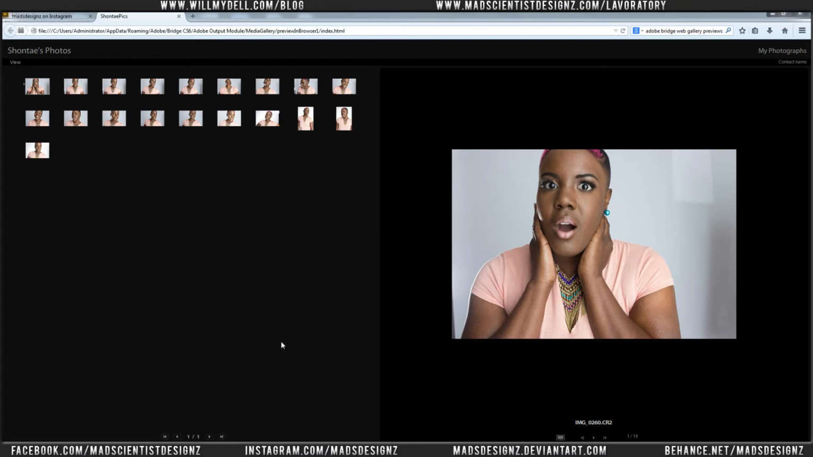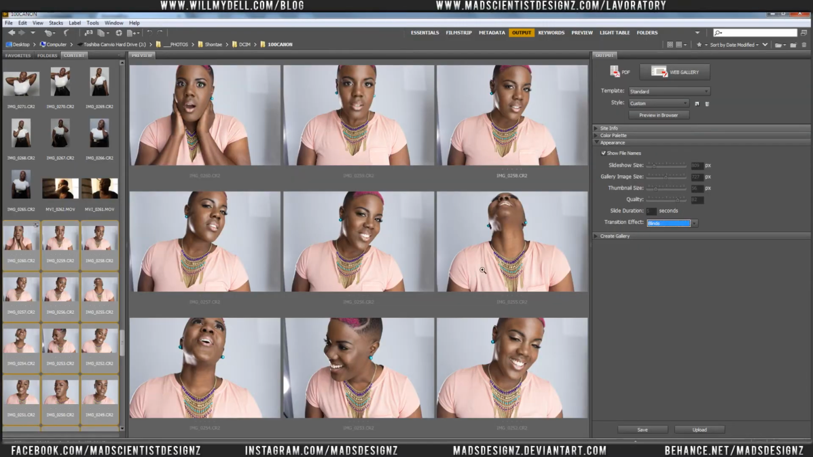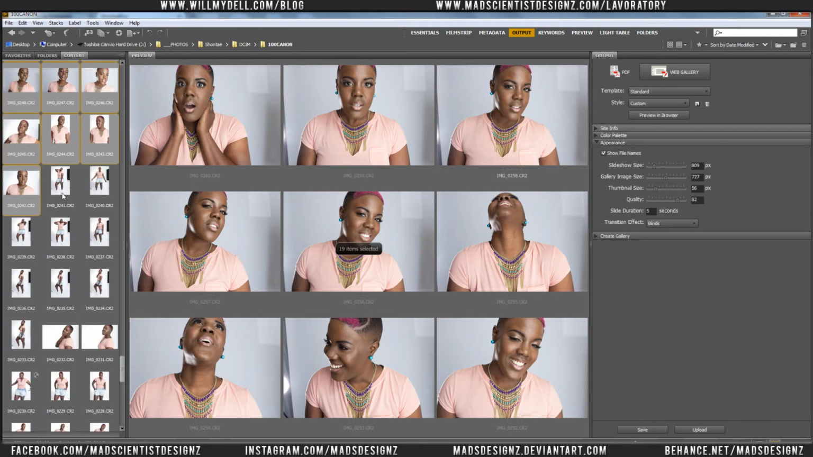All right, cool. So that's how you do it in Adobe Bridge, and that works no matter how many images you select. I mean, you can pick over 300 some images, because